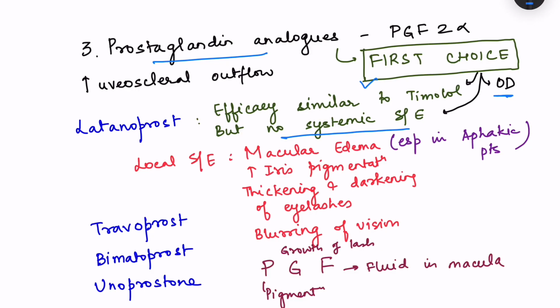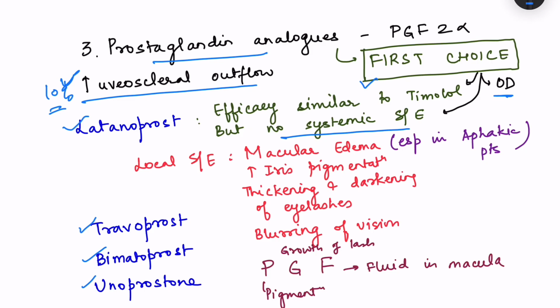And they act by increasing the uveoscleral outflow. So we have seen before that some of the aqueous humor drains via the ciliary body connective tissue. That is uveoscleral outflow, responsible for 10% of normal aqueous humor drainage. Prostaglandin analogs increase this uveoscleral outflow. Some of the drugs in this class include latanoprost, travoprost, bimatoprost, unoprostone,